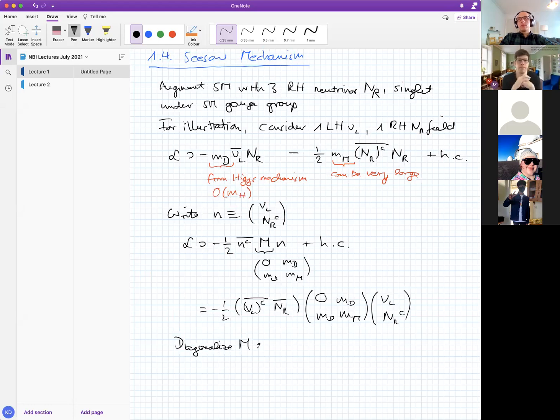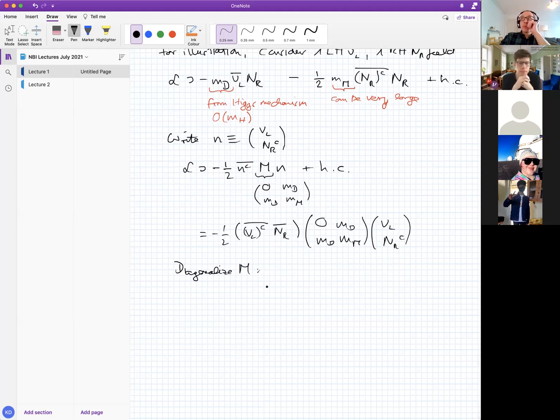And in doing so, we are already going to use the assumption that MD is much less than MM. I'm not going to do the diagonalization explicitly here because it's a standard linear algebra calculation. I encourage you to do it during the free study time today. What we find is that in this limit, MD much less than MM, we have one eigenvalue of order MM and one eigenvalue of order MD square,